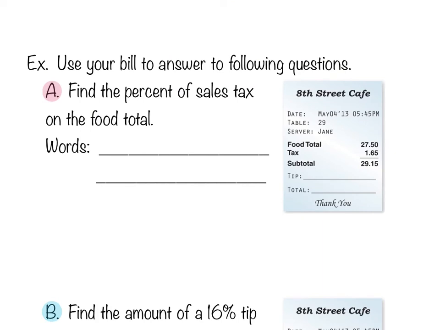All right, let's look at a couple story problems, and we can see how we could use this in real life, because you're going to have some story problems on tonight's homework. So it says, use your bill to answer the following questions. Find the percent of sales tax on the food total. So we want to find what percent are we paying. We know the dollar amount here for the tax is $1.65, but what percent is that of our total meal? So the way that I would ask this is I would say, okay, 1.65 is what percent